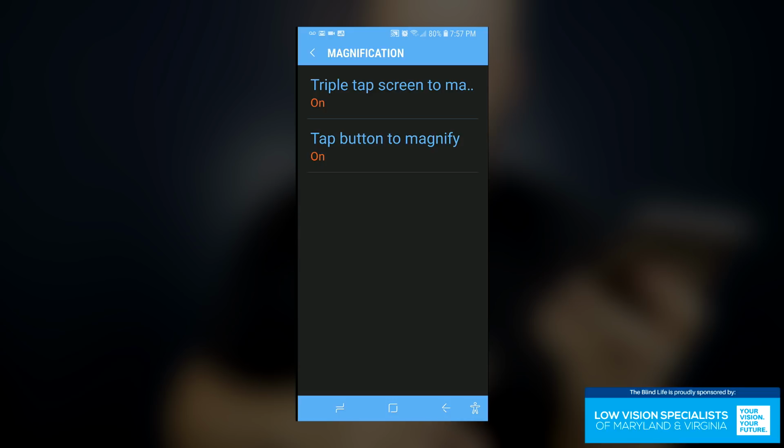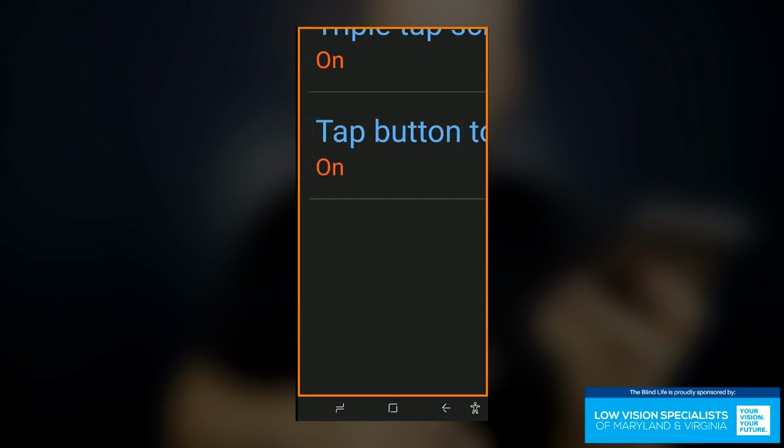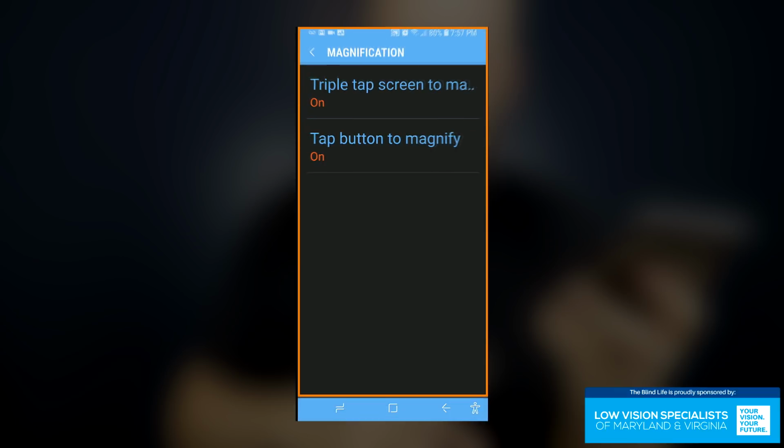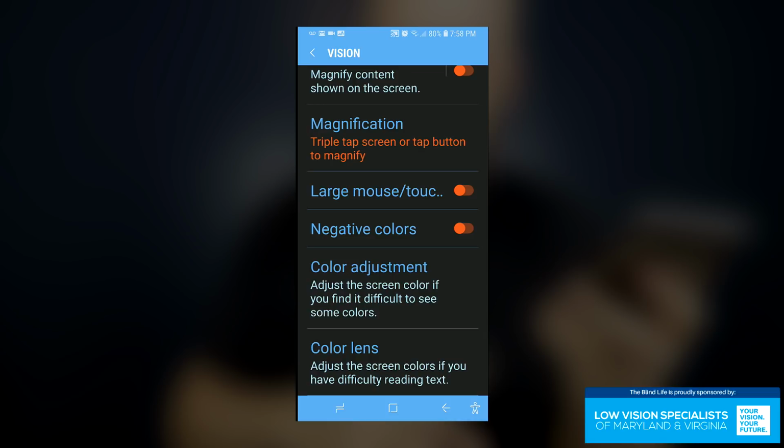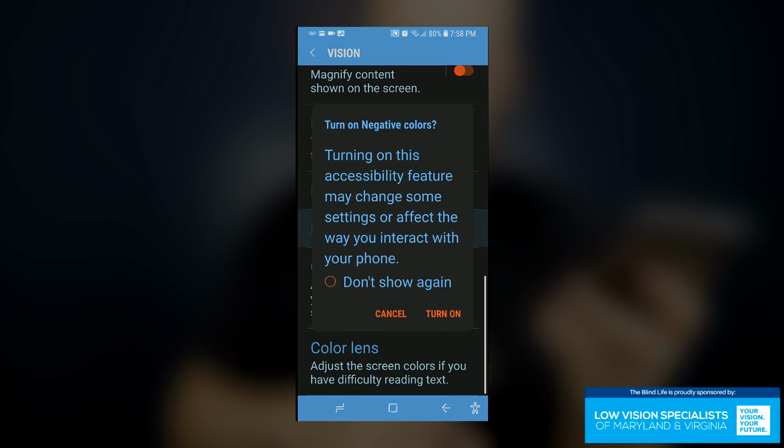Or I can touch the button, and then if I just hold in one spot, it zooms in, and then when I let go, zooms back out again. So it's basically the same operation, you just don't tap 3 times on the screen. Large mouse, I think that's if you have a mouse device connected to your phone that will create a large mouse. Negative colors, you can invert